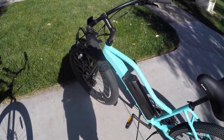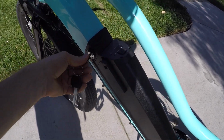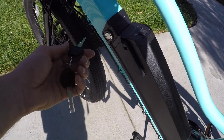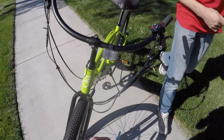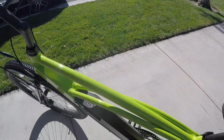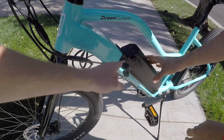I have the keys. I want to show this. Okay, so I've got the key. I insert it. It's spring loaded, so you kind of have to turn it. Is this the right key? Oh, it may be the wrong one. I wonder if it's for this one. We should see. You want to try that one? Yeah. We'll take turns here. This one. Okay, well, let's do it. So he turns it,